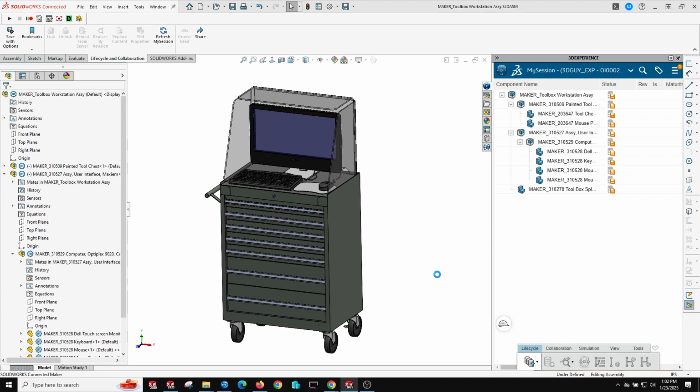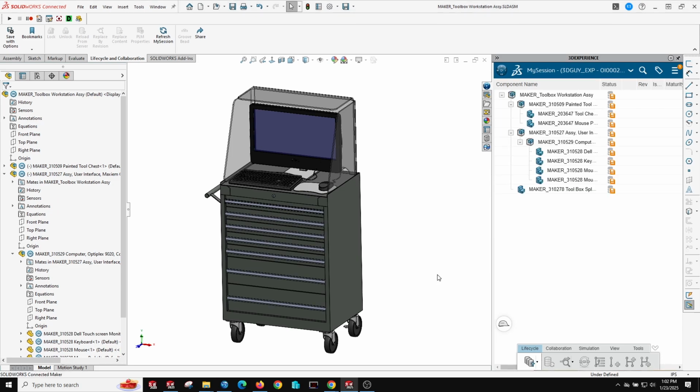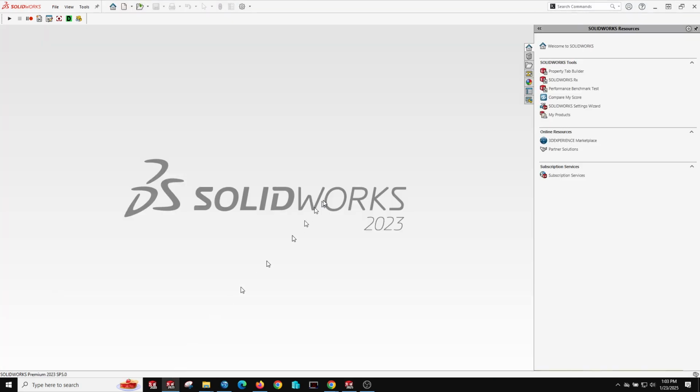For this process, I chose a small assembly. It's only got about 11 constituent files associated with it, several parts, several sub-assemblies. And I can see that it's done exporting now. All right. So now, over here in SOLIDWORKS 2023, which is a commercial license as opposed to my 2025 Maker